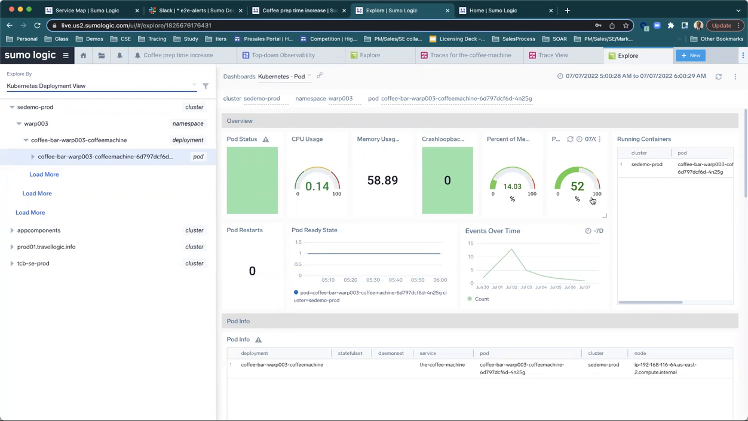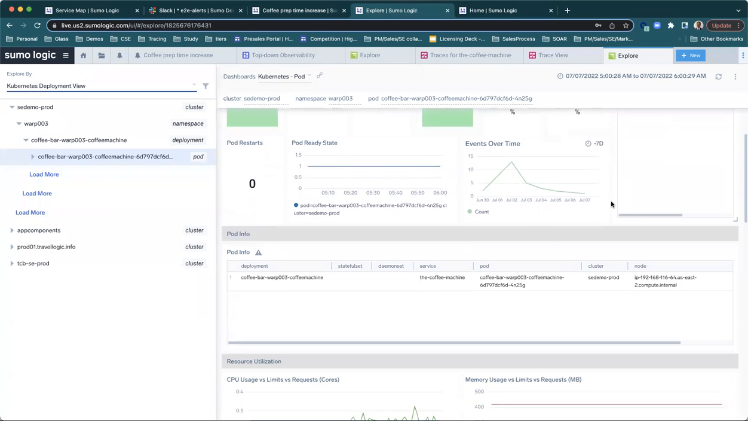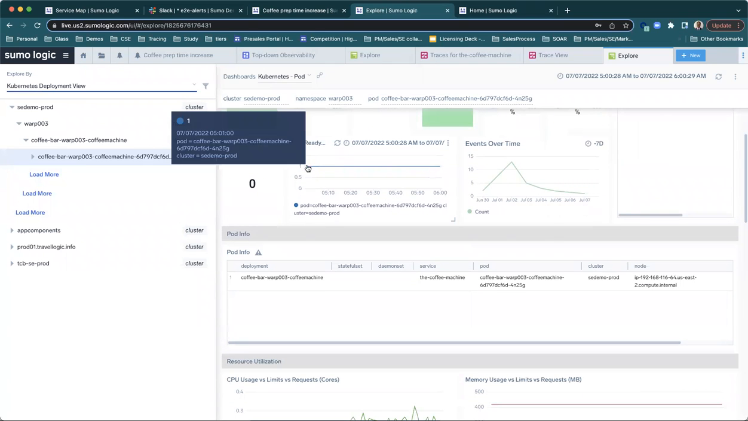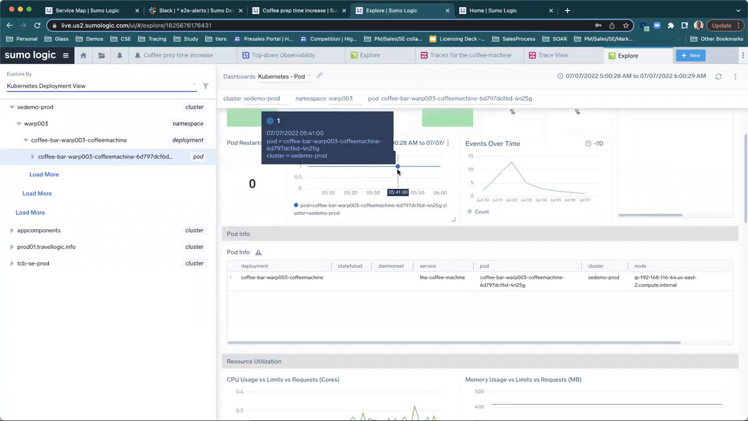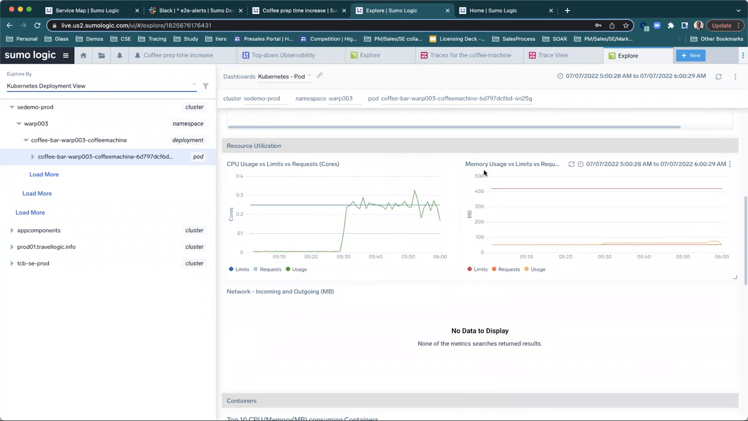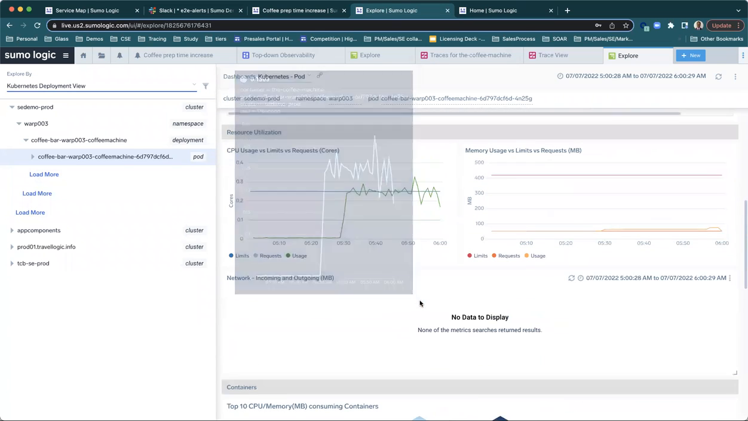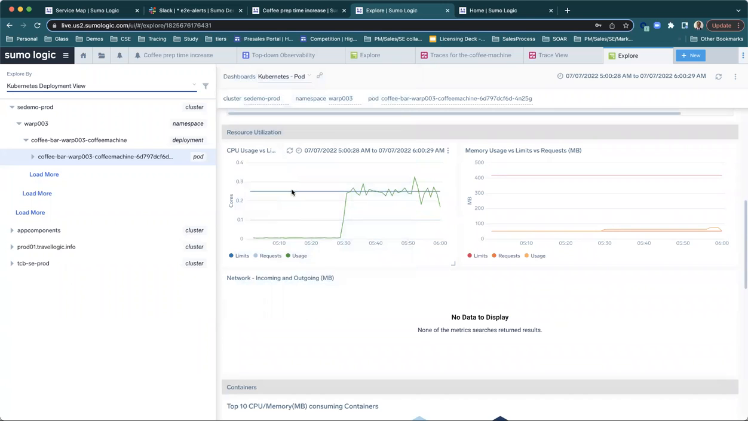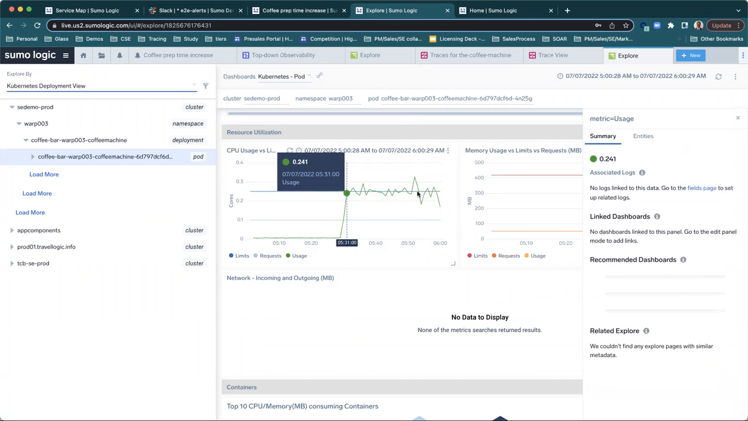green. Everything seems to be good, up and running. I can see the pod state here, which is always up. I don't see any issues over here. And I can see my pod info. I can see my memory usage limits. Everything seems to be okay. But what I see here is my CPU usage versus limits versus request. I can see there is a sudden jump with respect to my CPU usage. So I'm going to go ahead and open up my logs